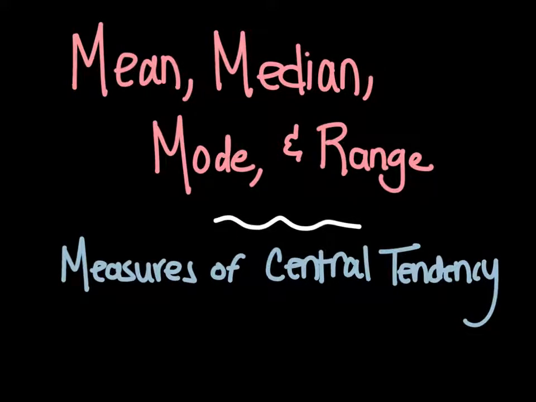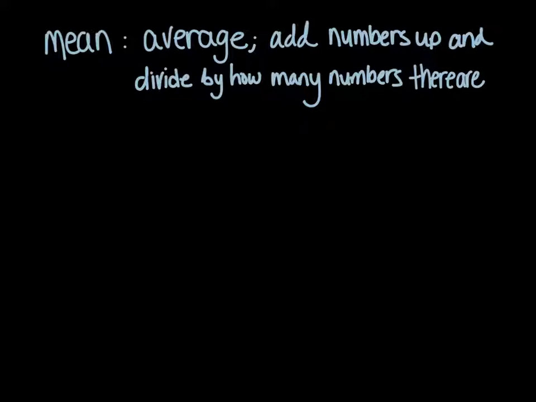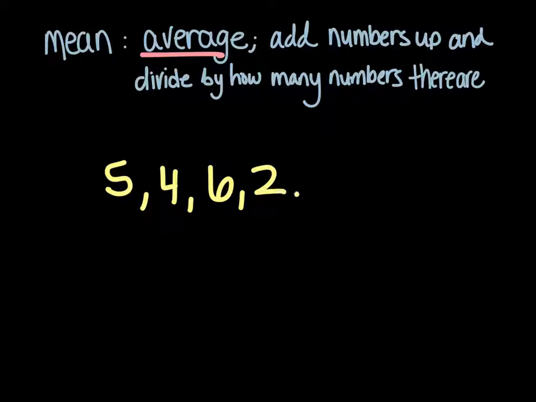Hi, this video will give you a quick review of how to find the mean, median, mode, and range of a set of numbers. If you're asked to find the mean, you're looking for the average. In order to find that, you add up all the numbers you have and then you divide by how many numbers there are. For example, let's say that I have 5, 4, 6, 2, 1, 6, and I want to